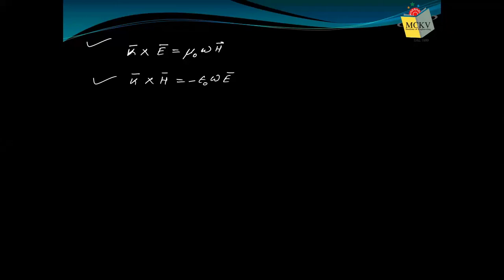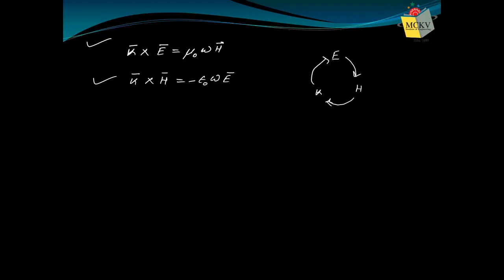Here, what are the three quantities basically involved? K, E and H. Write them alphabetically. So if I write E, then comes H, then comes K, isn't it? E, H, K. E, F, G, H, I, J, K. So this is alphabetically the direction. Alphabetical direction: E, then H, then K, then E. The process continues. E, F, G, H, I, J, K, L, M, N, O, P, up to Z, again A, B, C, D, E. So this is the rotation. This is the direction.